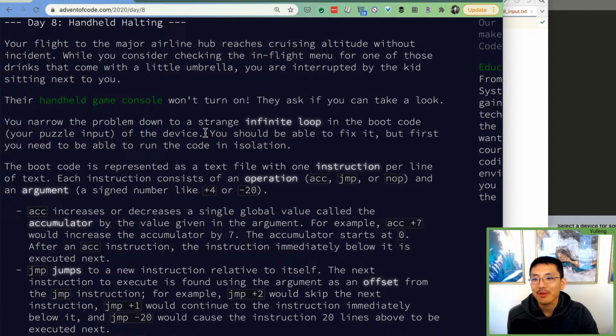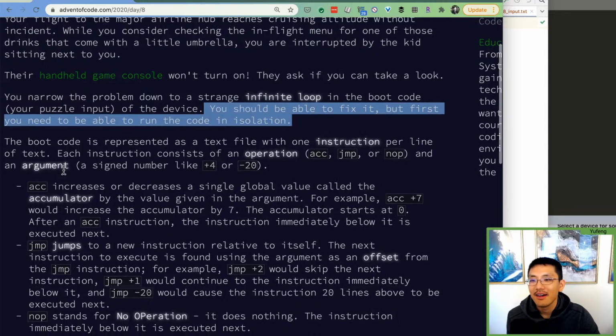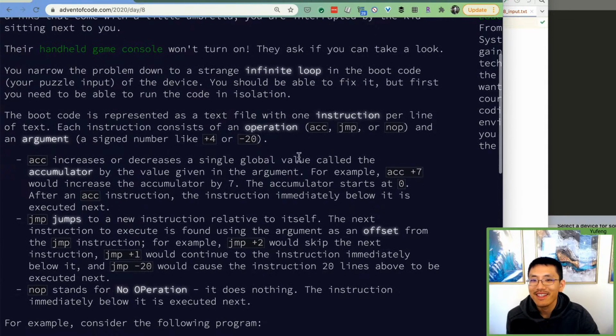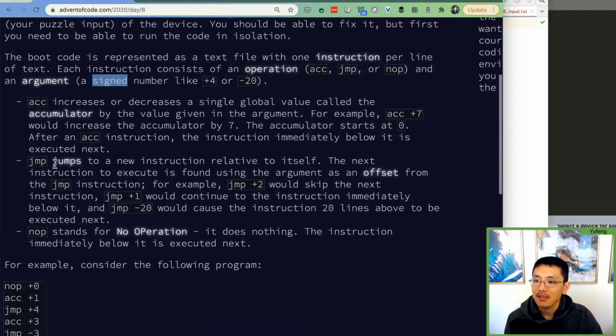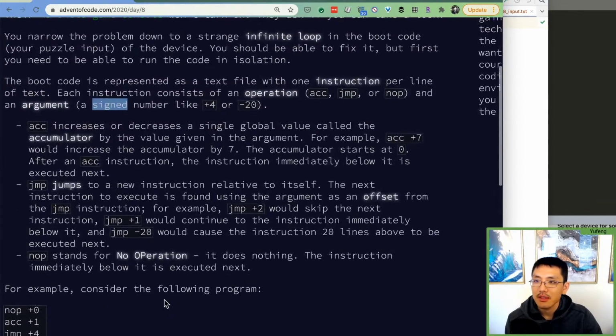All right, so we're gonna write a little parser, potentially a compiler kind of thing. We need to isolate the code. The boot code is represented as a text file with one instruction per line. Each instruction consists of an operation, accumulate, jump, or no op, and an argument, a signed number like +4 or -20. ACC. All right, I'm going to jump down and look at the puzzle input so we can toggle